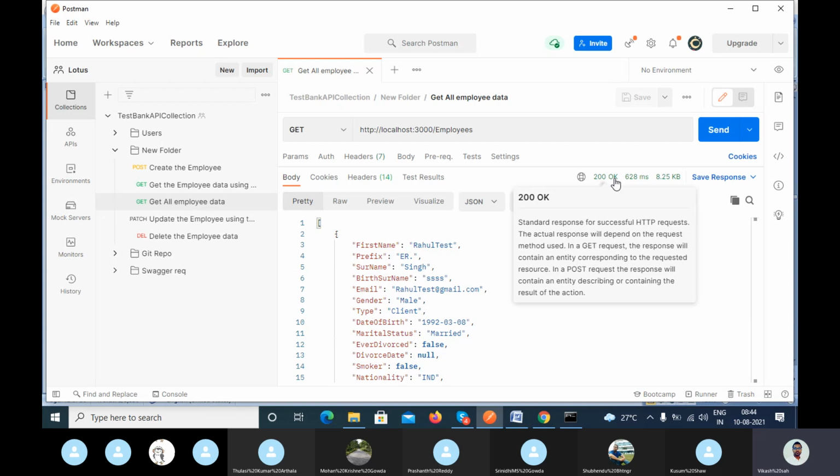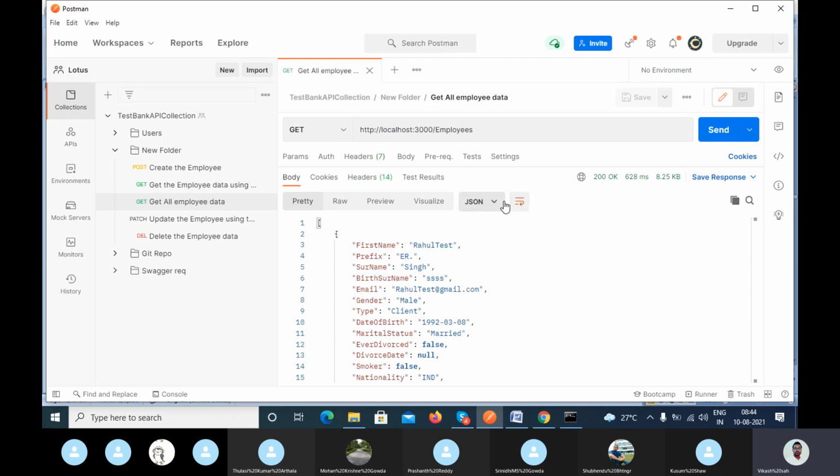Postman shows a standard response for the successful HTTP request. The actual response will depend on the request method used. In a GET request, the response will contain an entity corresponding to the request. That means it is basically telling you that you got a successful action.